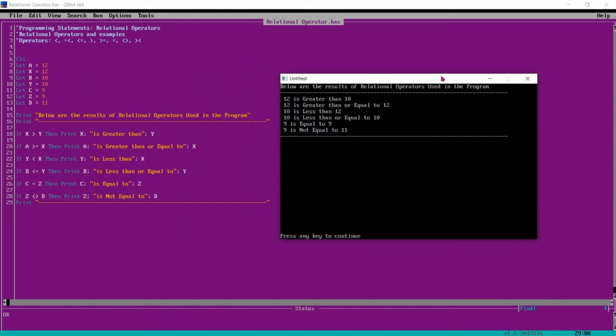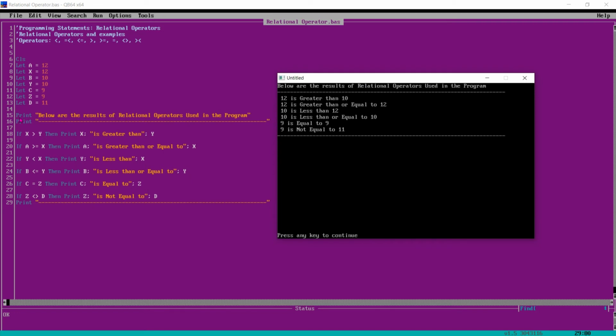So here you can see we are printing, below are the results of the relational operators used in the program, right? Then first it compares x and y. So here x is equal to 12 and y is equal to 10. Because these variables are compared, the program prints 12 is greater than 10,